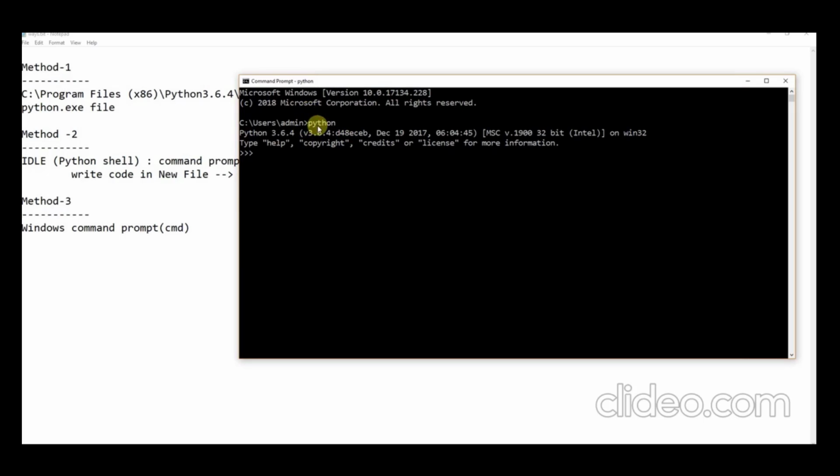So now before writing the program and all, please check. When I give python here, it will give you the version and it will give the command prompt here. So here also we can write our Python code. So let me just write the Python code here. Again I will write print, hello world, in quotations, and close the quotations. Okay, now you can see the same output we are getting.